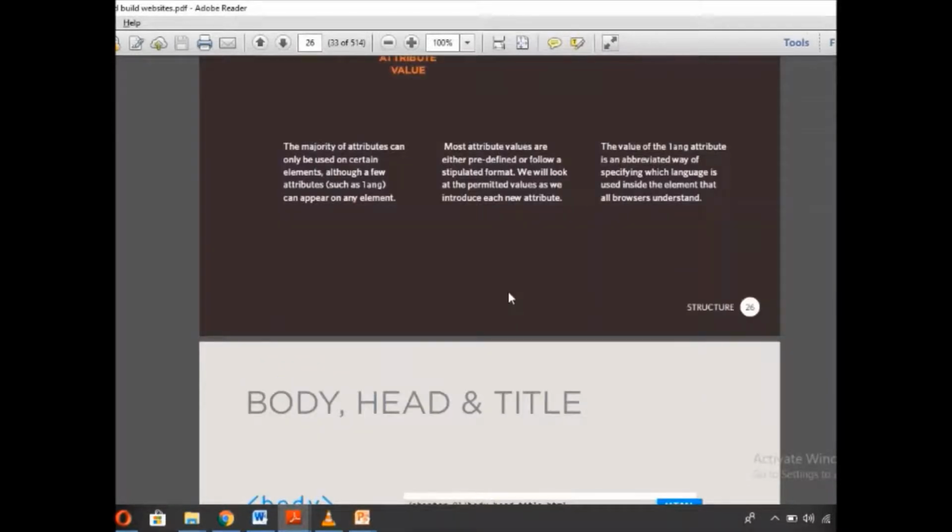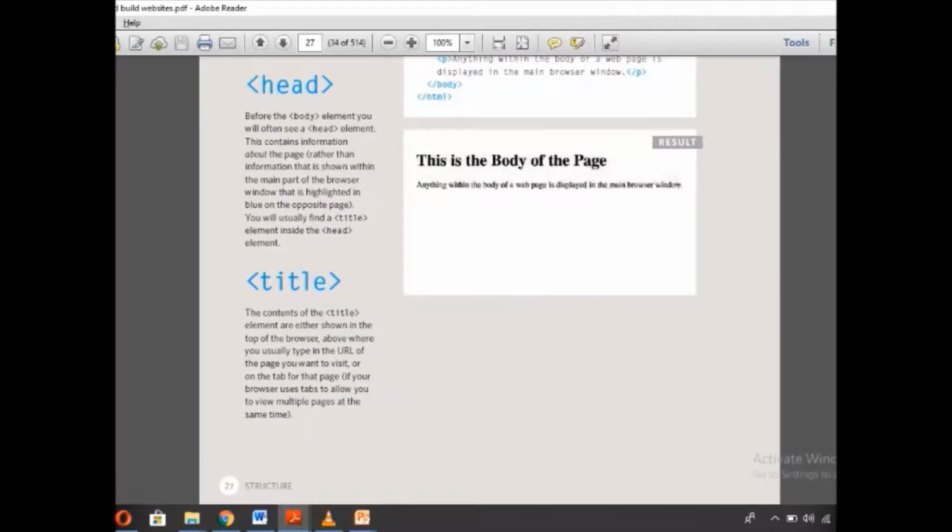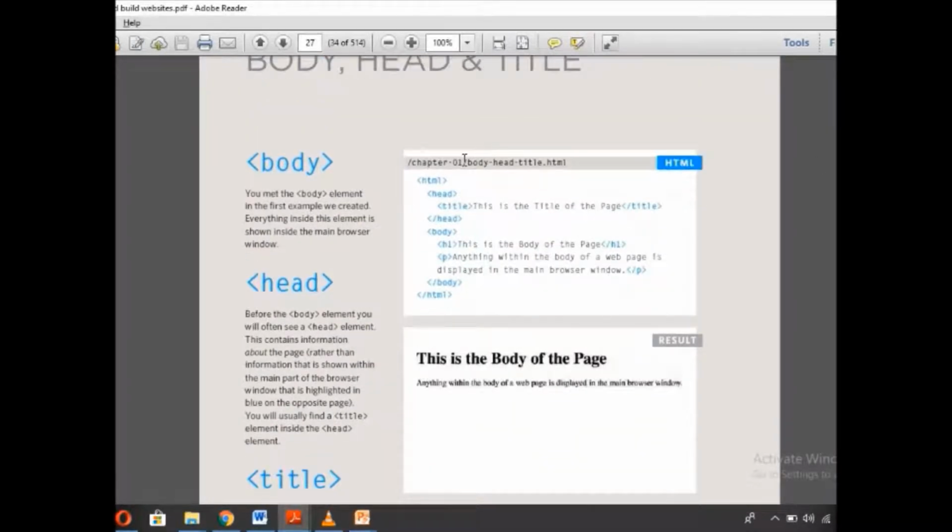Okay, now a little bit about the head tag. There is another tag known as the head tag. You see, this is basically the heading of the page. In the head you give this title. This is the title of the page. Okay, I'll tell you later about it, and I'll show you the output. Now you will see the body tag. Whatever is inside the body tag would be displayed, and these are different tags that we are going to be studying about.